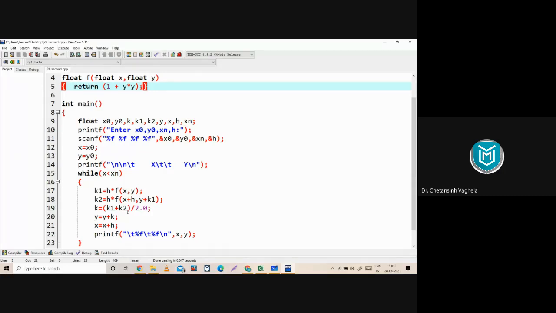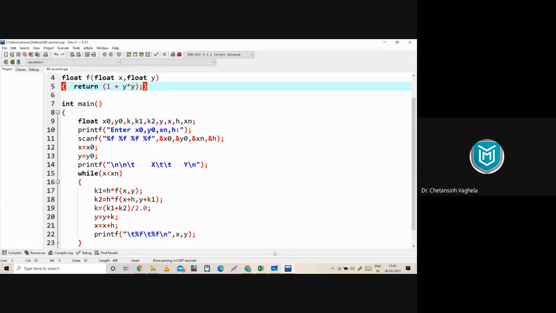The benefit of doing this is that everybody will have a different output if you choose different examples from classwork, and that output you need to keep in your practical file. So this is the first thing you need to do. You make the RK second order program from Euler's method, run that program, and validate it with a numerical example from your classwork. Once that part is done, you need to change the RK second order program to RK fourth order.